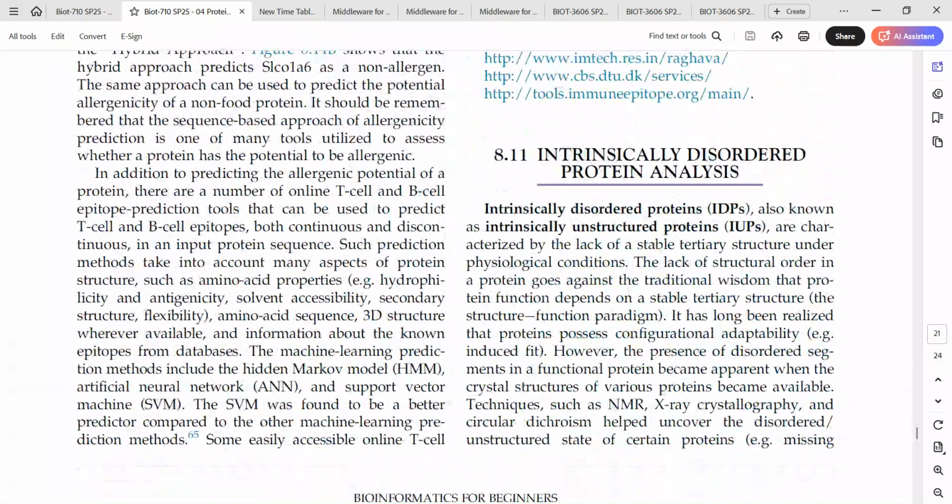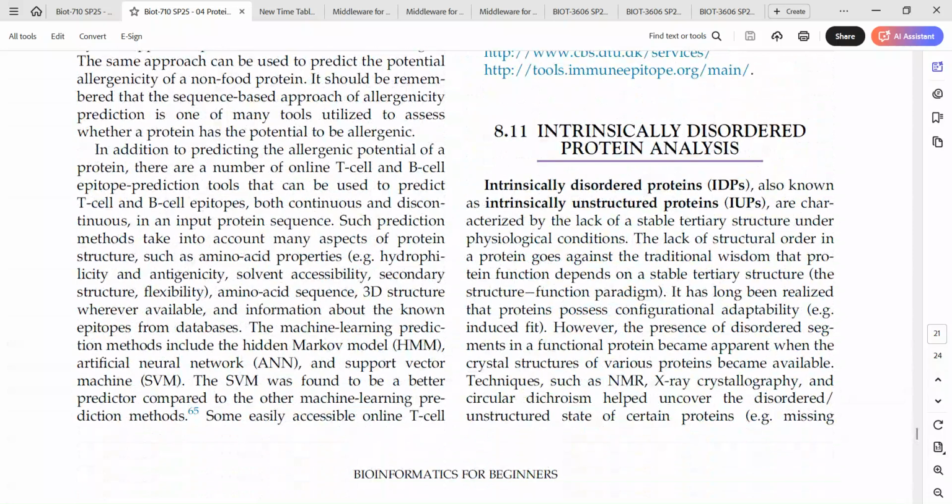Intrinsically disordered protein analysis. What it is are characterized by the lack of stable tertiary structure under physiological conditions. Okay, but the name indicates it means it seems that these proteins are disordered, so they may not be functional, but actually they are physiologically functional proteins, and they have some disordered region, which we will be studying what it is. The lack of structural order in a protein goes against the traditional wisdom that protein function depends on its